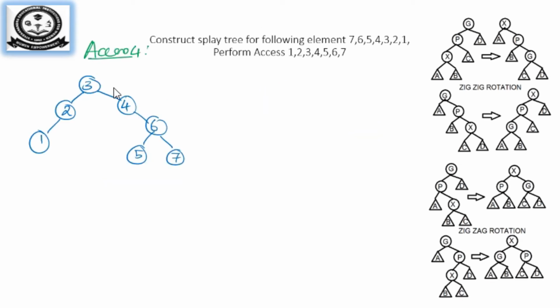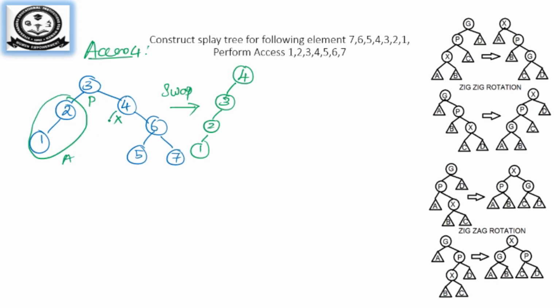Now the next element to be accessed is 4. So you can see X is 4 is here and you have only parent, so you can perform swap alone. So I said swapping, you will bring X to the top, so top X will become 4, 3, 2, 1. So this entire thing is A. I don't have B, but this entire thing is C. So A is connected, I don't have B. So what is C? C is 6, 5, 7. So I'll rub this B so it's not confusing. So this is the diagram for access 4.